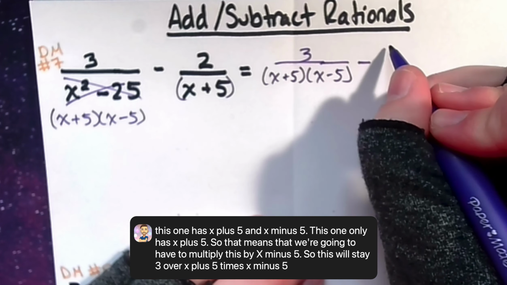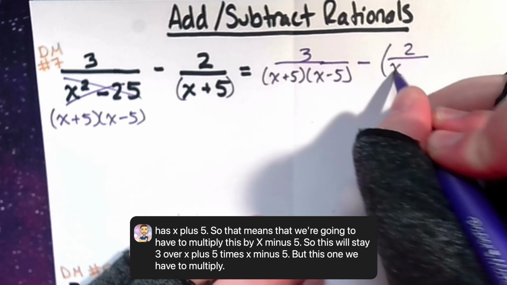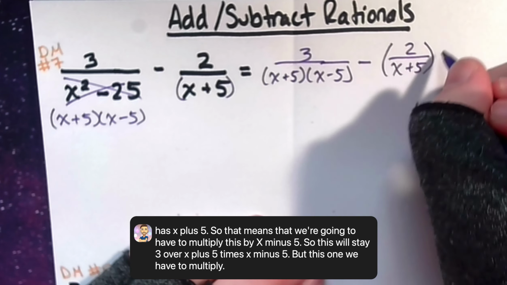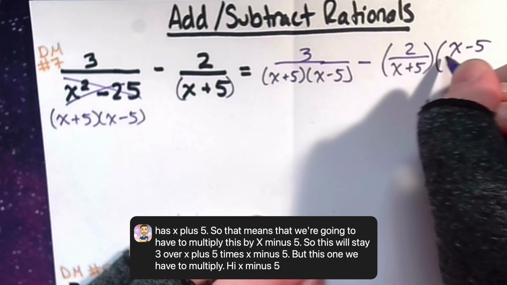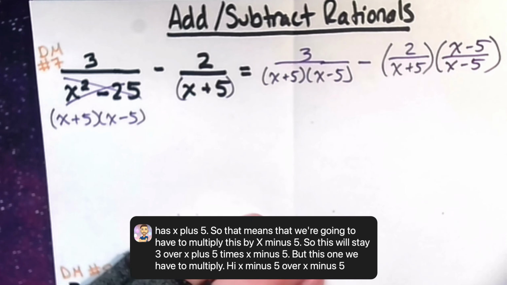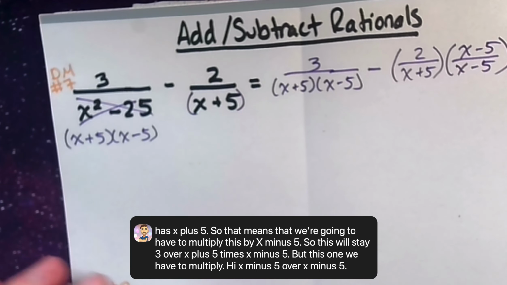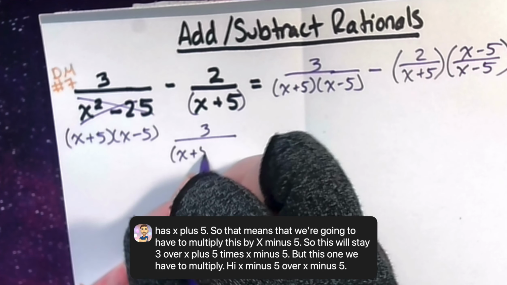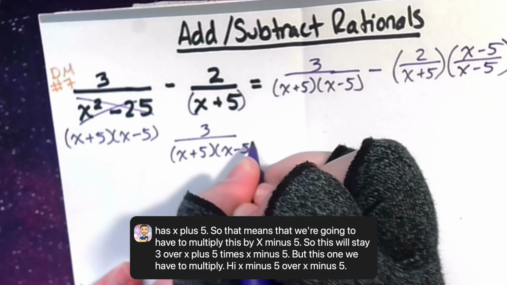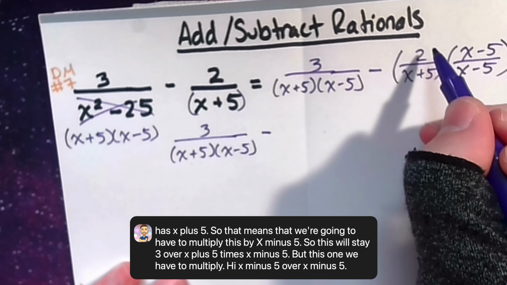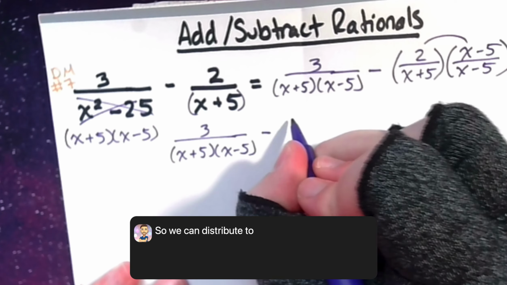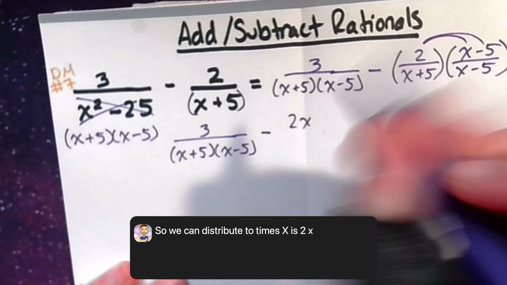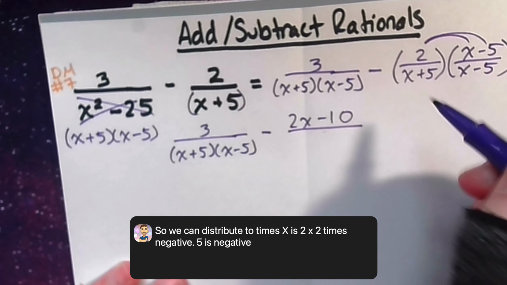But this one we have to multiply by x minus 5 over x minus 5. So we can distribute: 2 times x is 2x, 2 times negative 5 is negative 10, and then this can